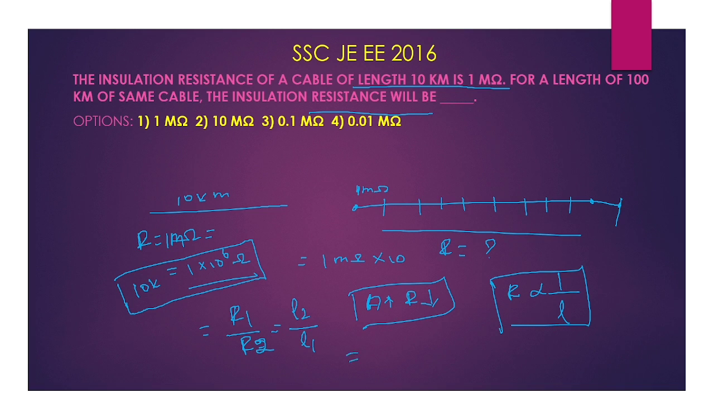Okay, if we substitute the value, we just need to find the value of R2. So R2 is equal to R1 into L1 by L2. So first, the resistance values. Here the R1, the initial resistance, is 1 megohm, L1 is equal to 10 and L2 is equal to 100. So if we substitute this value, we will get